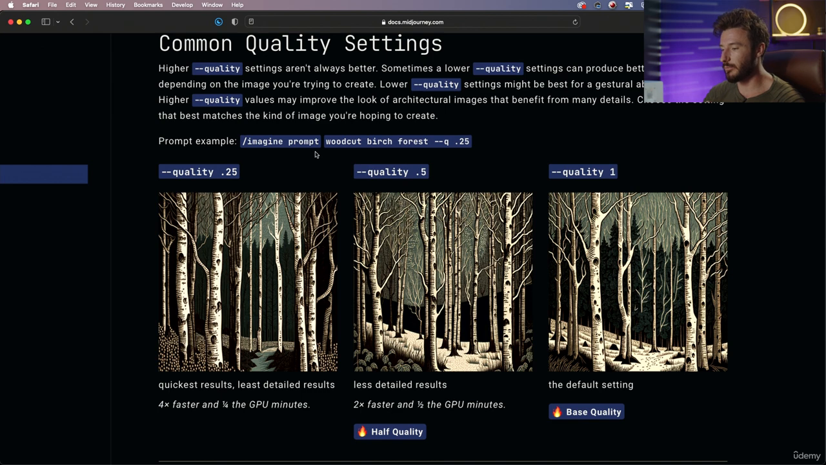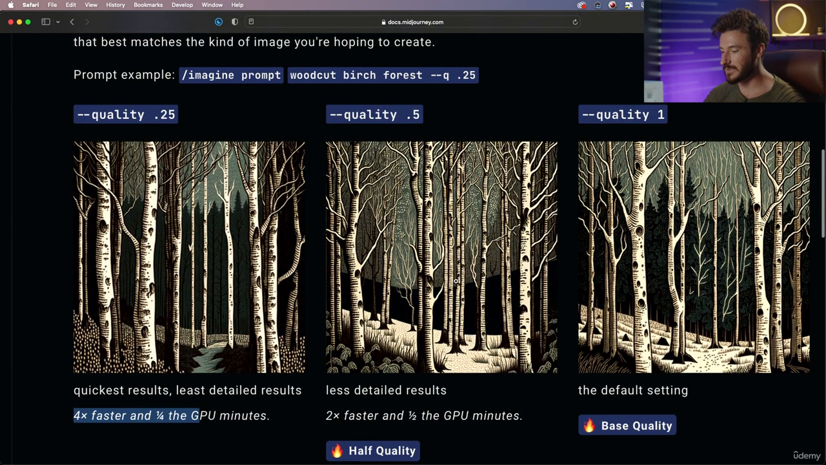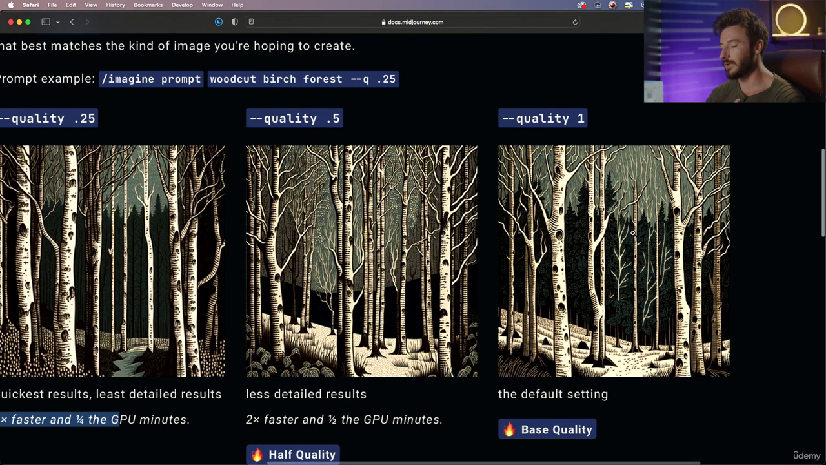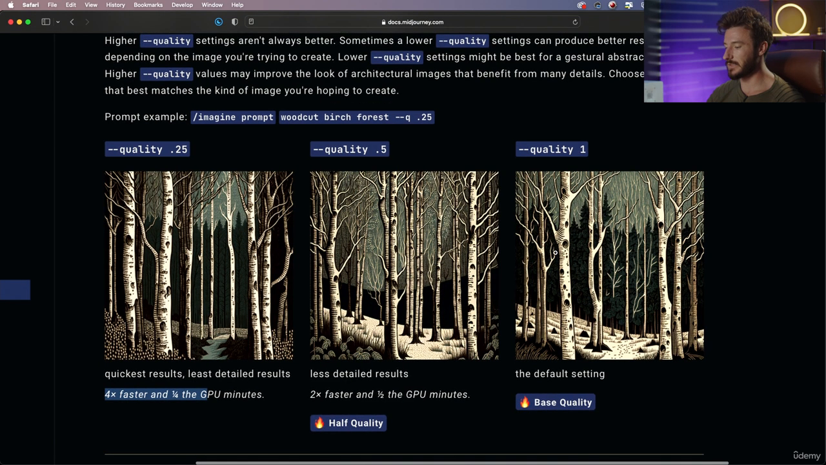And as an example to explain this, if we go to our prompt here, we typed in woodcut birch forest. And for the example, we did Q 0.25. This is our first example, which is the quickest, less detailed, fastest turnaround time. It says 4 times the speed with 1/4 of the GPU minutes. If we do 0.5, we have slightly more detail, and it's twice the speed as our default setting, which is going to be Q1. So when you type in anything into Midjourney, the default is going to be Q1. So it's going to take a little bit longer than these previous ones,